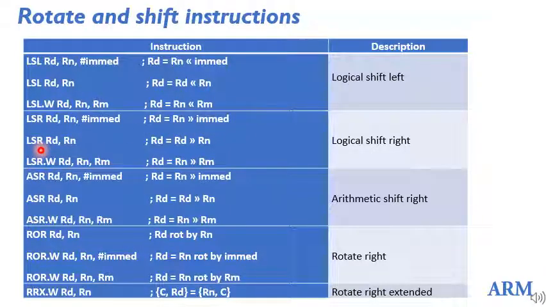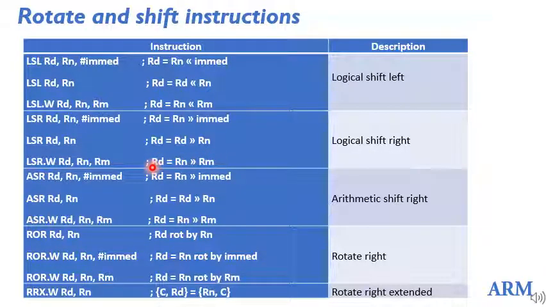Similarly, LSR RD, Rn will shift RD by an amount equal to Rn, and the last one is the 32-bit variant LSR.W RD, Rn, Rm. So this is going to shift Rn, Rm number of times